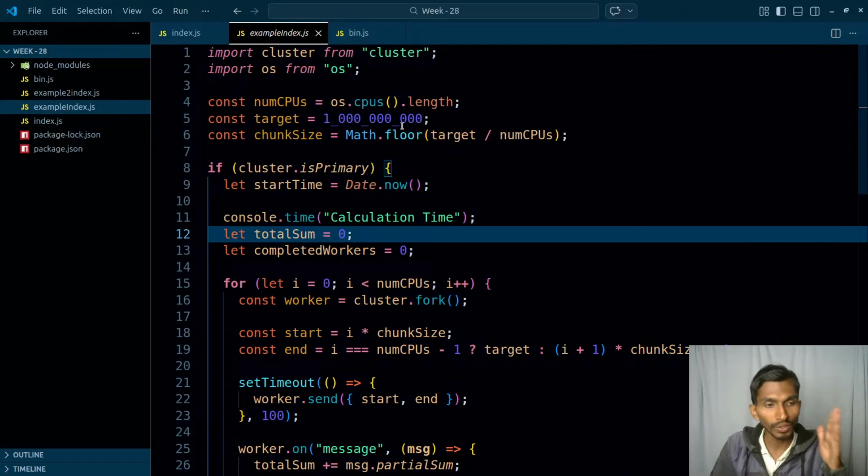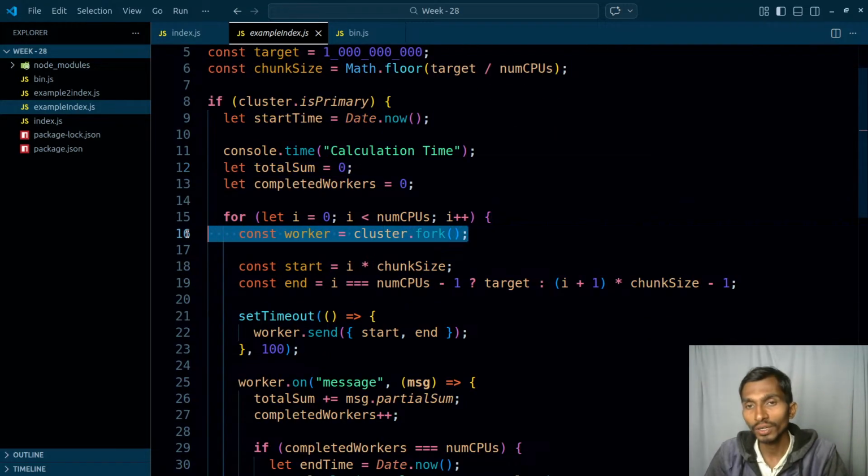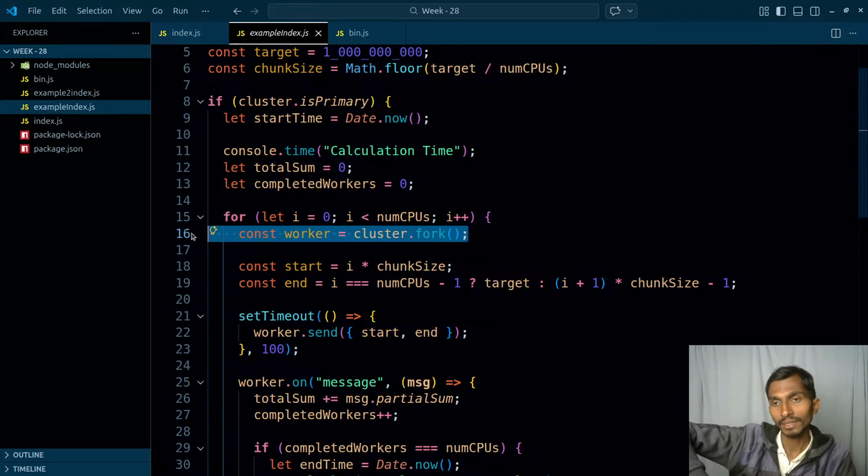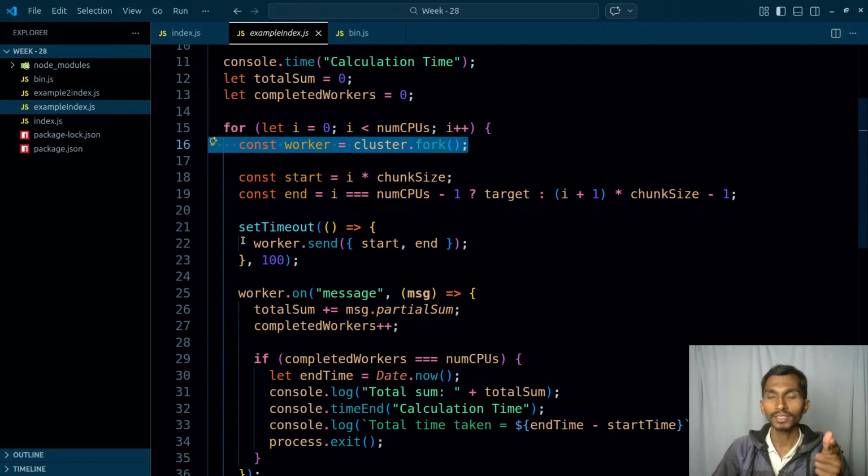If one thread is fully consumed, another thread is going to be used, and if that's really a big number, there are going to be multiple. Yeah, it can be like that. So ultimately what will happen is, suppose I have 10 threads or maybe 8 threads, 8 cores in my CPU, and right now 8 clusters are going to be forked. That simply means the same file is running 8 times, and at that time,